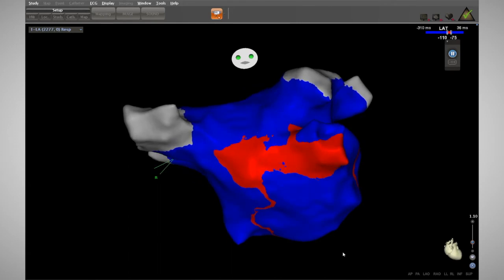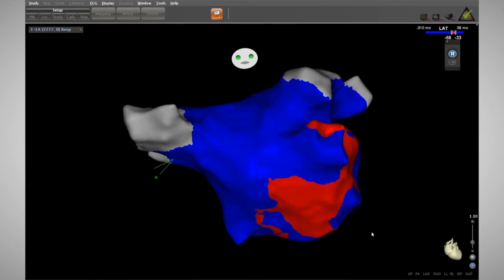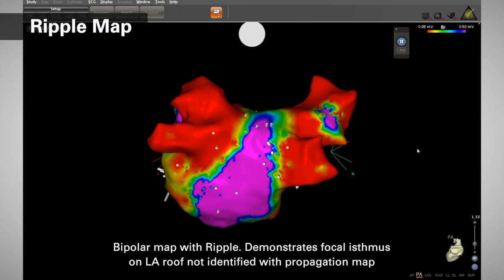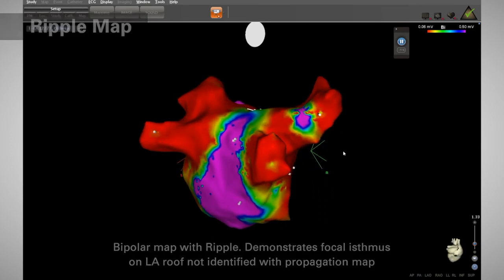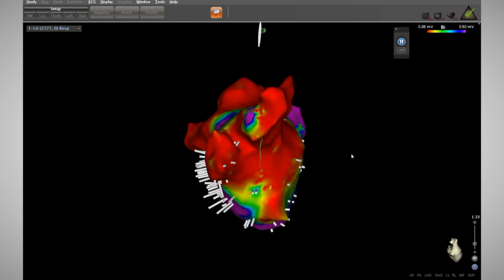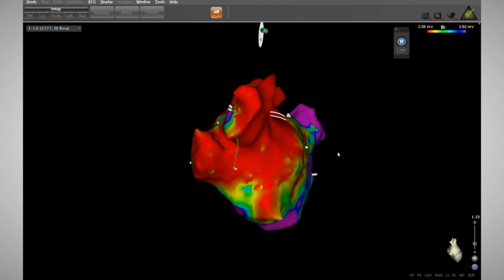This turned out not to be the case, though. There was a critical isthmus present on this left atrial roof, and the only way for us to have known that was through ripple mapping. This is the ripple map of the posterior view, indicating in combination with the bipolar map, and I do find that that combination is remarkably helpful to display both the bipolar voltage along with the ripple map to truly understand